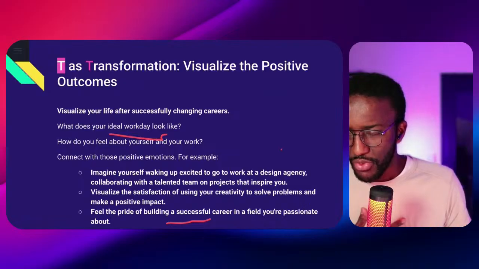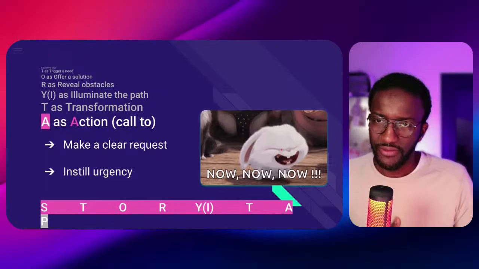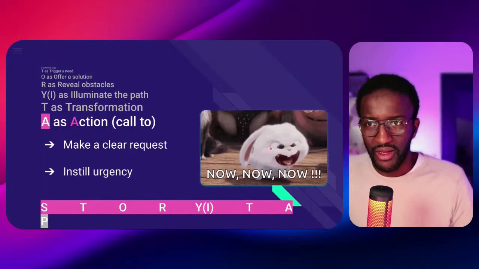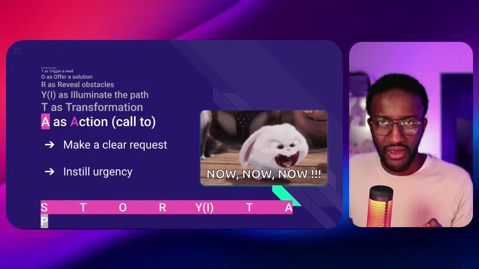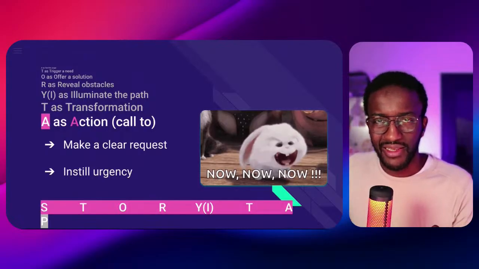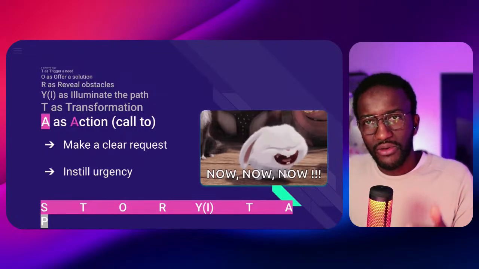Okay, then let's move to the next step, which is called action, or call to action. In a normal storytelling framework, you are telling a story because you want your audience to act on what you are saying. So it's really important that you give them a very simple, clear call to action.